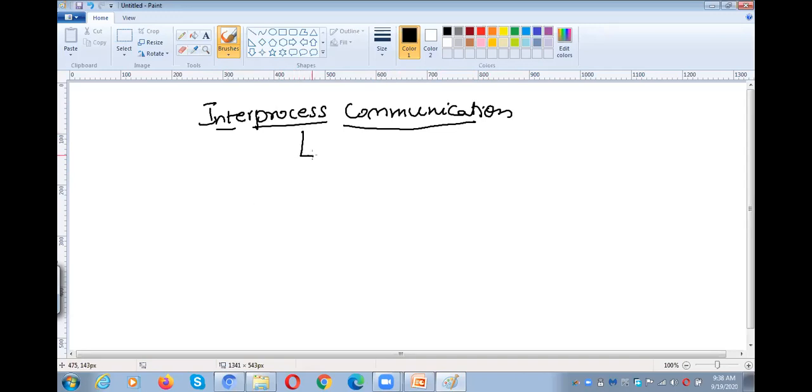In our operating system syllabus, we have two types of mechanisms. One is shared memory and the second one is message passing. These are the two inter-process communication mechanisms which help a process communicate with another process.